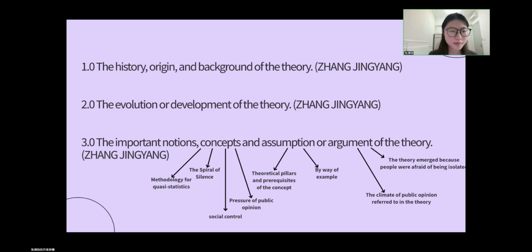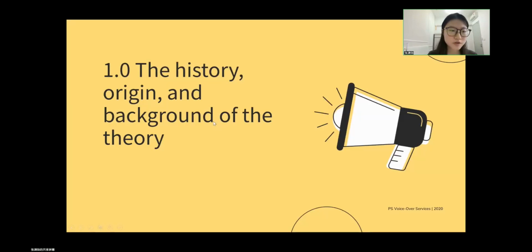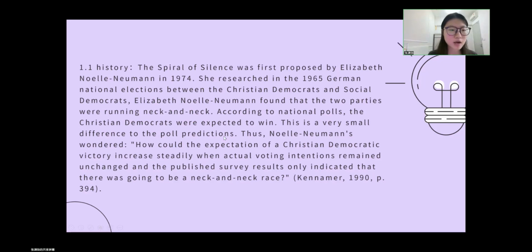Finally, there are the potential future developments of the theory. In the following, we are going to develop these theses according to each of the above models. First of all, for the history of the spiral of silence theory, we know that it was developed by